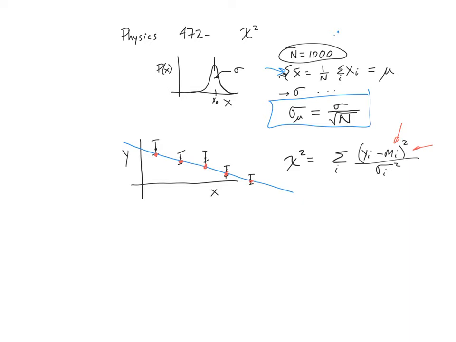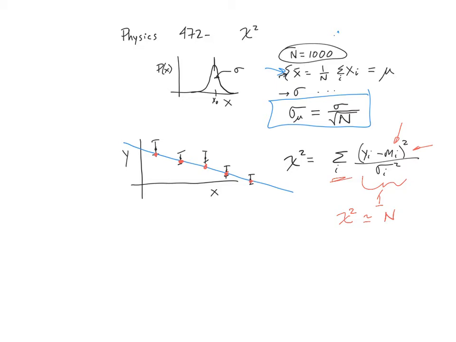So whatever units my quantities have, they get canceled out and calculated in the chi-squared, which is a nice thing. Another thing to notice here is that I'm having a sum over all the data points, and on average I kind of expect the deviation to be of order the same size as sigma. So it's pretty reasonable to say I'm going to get about 1 from each of these terms in this sum. So therefore, I kind of expect chi-squared to be equal to, roughly speaking, the number of data